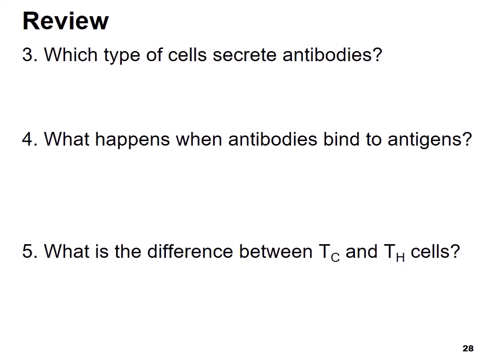And that pokes a hole in the cell and causes the cell to lyse. And what's the difference between TC and TH cells? Well, TC is cytotoxic T. That's so hard to say. TC is cytotoxic T and TH is helper T. So cytotoxic T cells are going to directly kill cells, and helper T cells help activate cytotoxic T and B